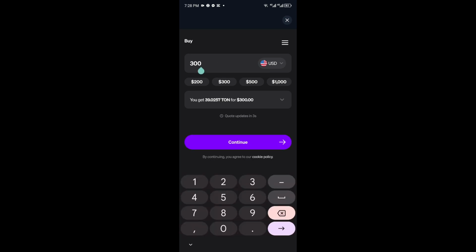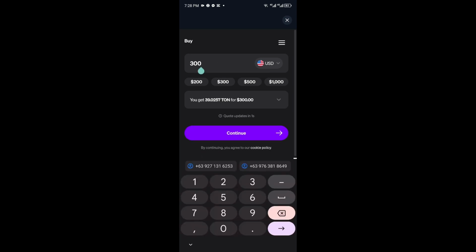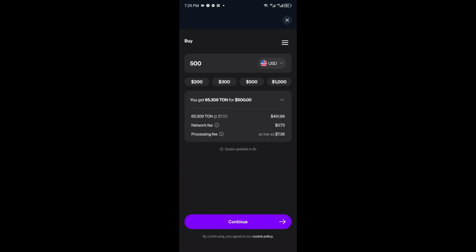And you have to input your currency. For example, if I want to spend $300, I'll just put $300 right here. And right after putting the money that you want to spend, the details will be enabled at the bottom right here. You will be able to get 65.309 for $500, and we have the network fee of $0.73 and a processing fee of